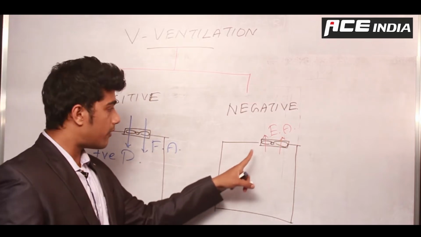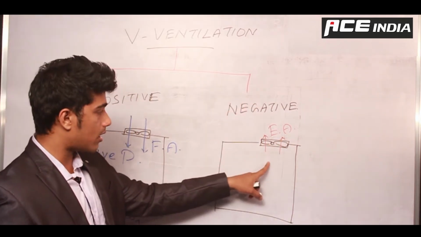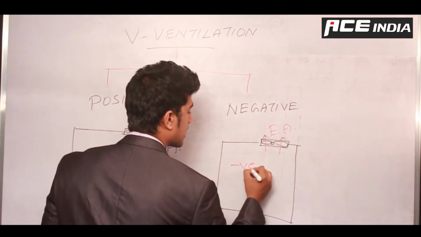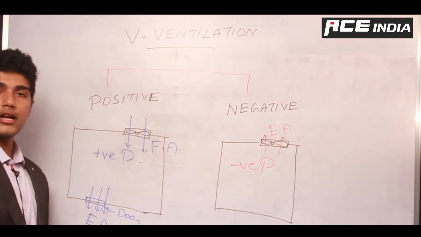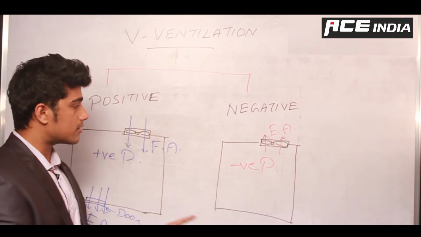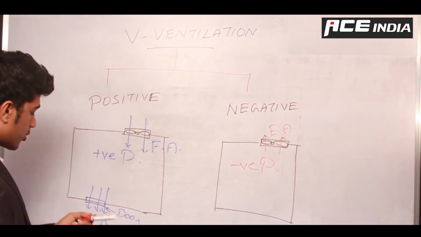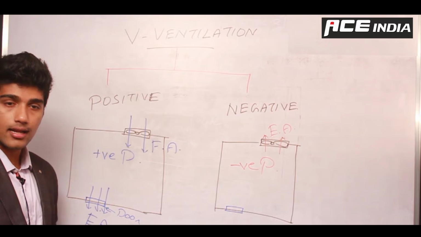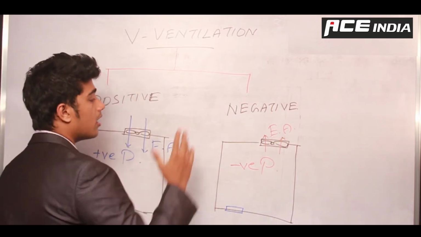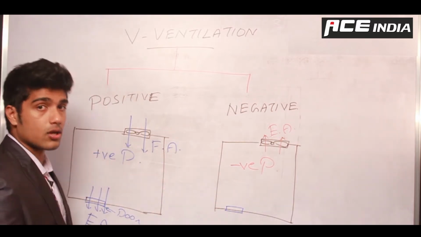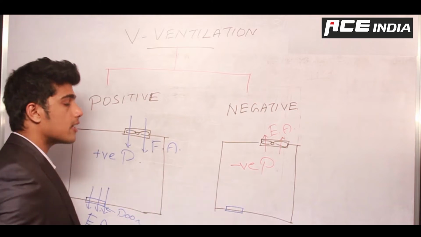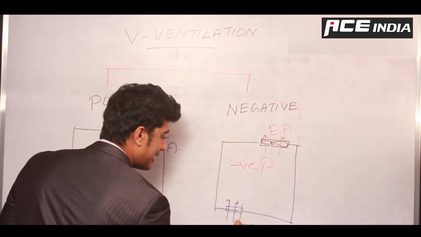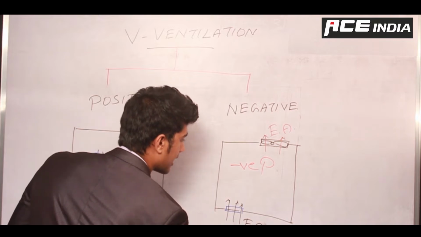But in this case, when exhaust air goes outside, or air that's already inside the room goes outside, the pressure decreases. So I can say that I have negative pressure inside compared to the atmosphere or the surrounding space. Similar to here, I also have a door which has a door undercut. What happens is when the pressure decreases inside and the exhaust air goes outside, we have to compensate for the reducing pressure inside. Because of it, we will have fresh air leaking inside like this.